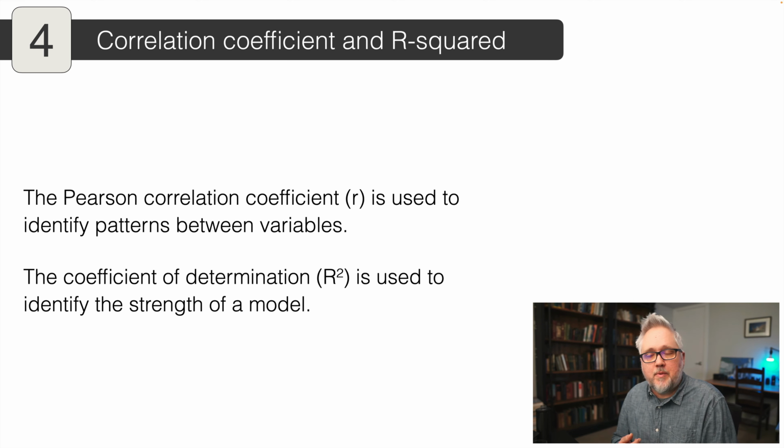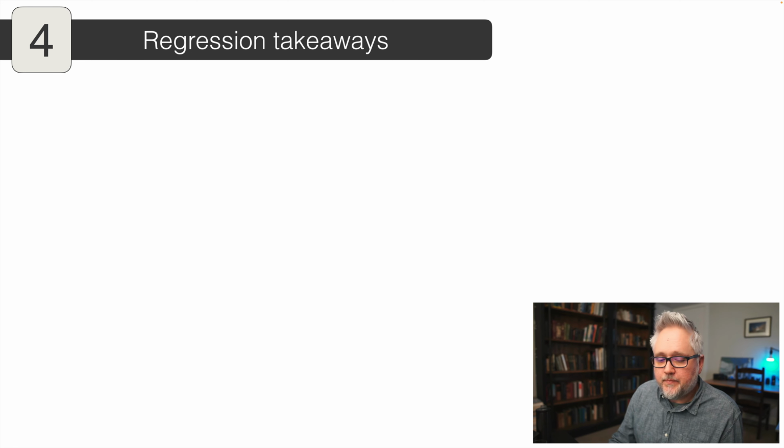The coefficient of determination, R squared, that we just saw in the regression equation, is used to identify the strength of the model, how much of the variation is explained. It's not a variable I'm really a fan of, which we'll get to the reasons why a bit later. But I just wanted to highlight the relationship between what we've already seen and where we're going with regression. A couple of quick takeaways now, and we'll end for today.